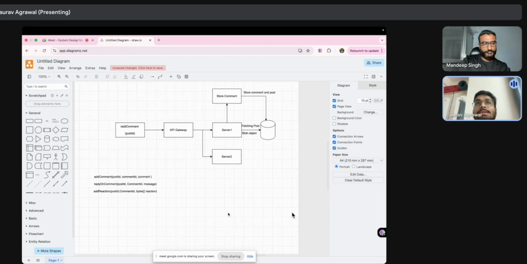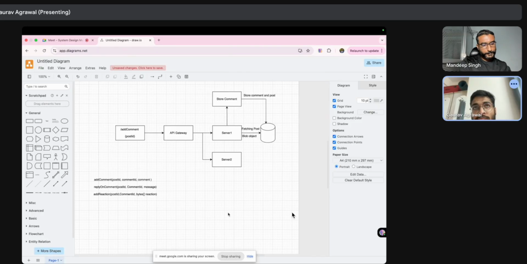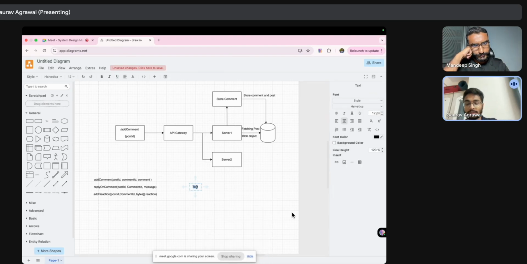Okay, so for this case, I would say a SQL database, or a relational database, could be better, because I was thinking I will be creating two separate tables. Let me quickly get to the structure.